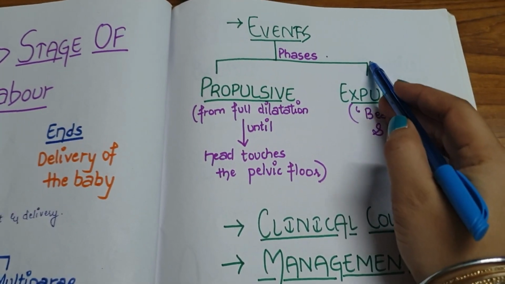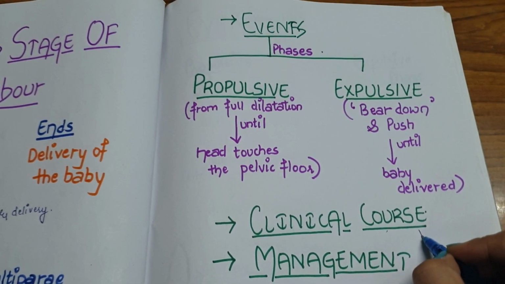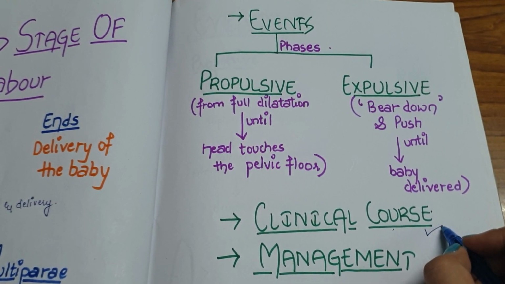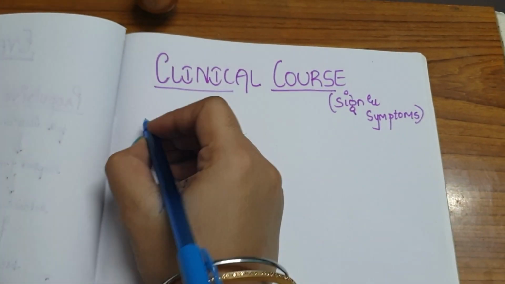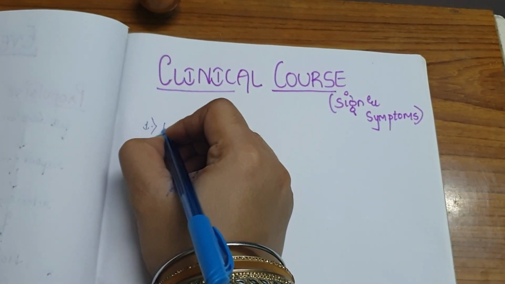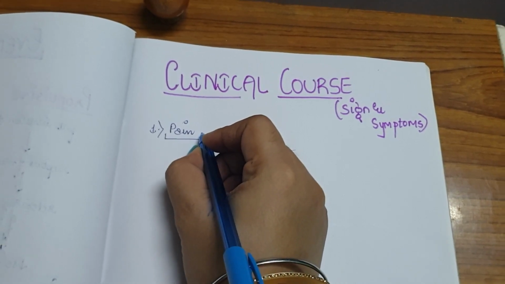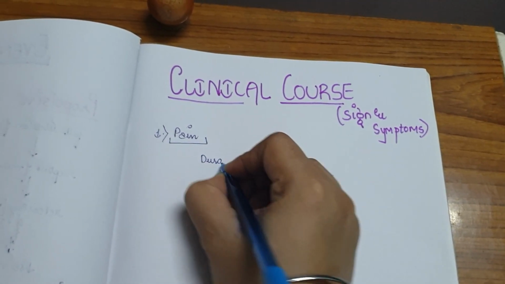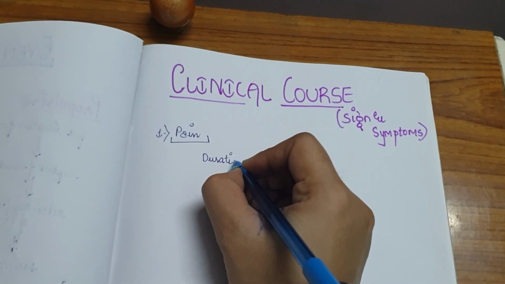Okay, so after the events, now we will go to the clinical course, or the signs and symptoms, which usually occur during the second stage of labor. So the first clinical course is pain. Pain occurs because the duration, frequency and intensity of pain increase as